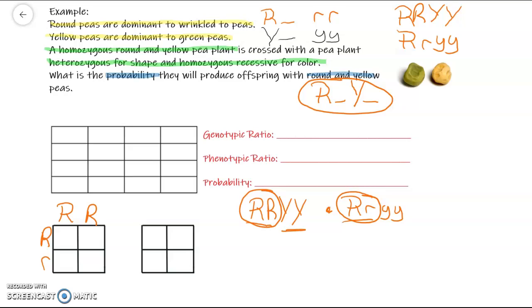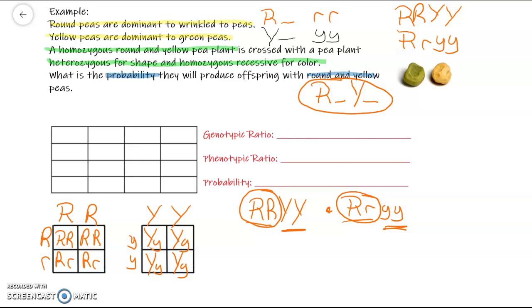And if we do it for the second gene and set this up, big Y also for that first parent, and little y for the second parent. Let's fill out our Punnett squares. So I'm going to have a big R, little r, two big R's, big R, little r. Then if I go and fill out this Punnett square,